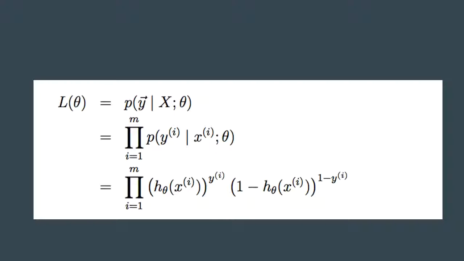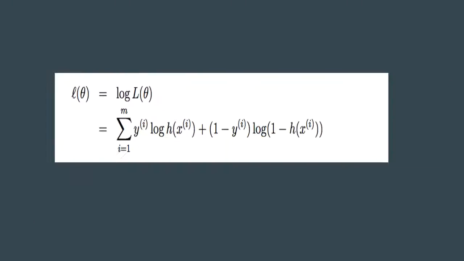Using these two properties, since we're taking the product of a bunch of things, we can use the first property over here to instead say that it is the log of